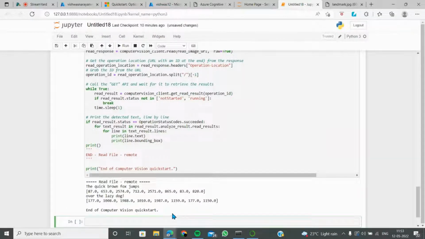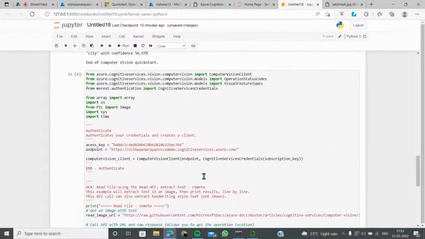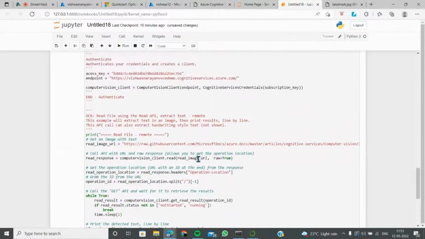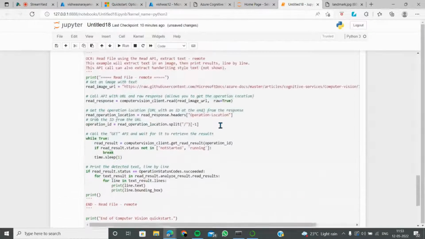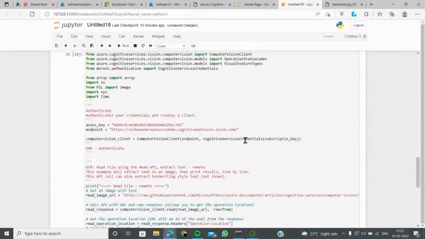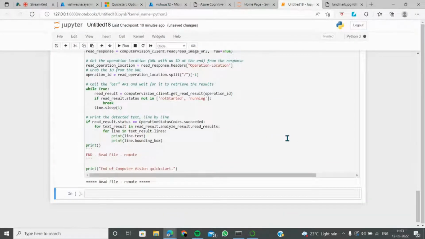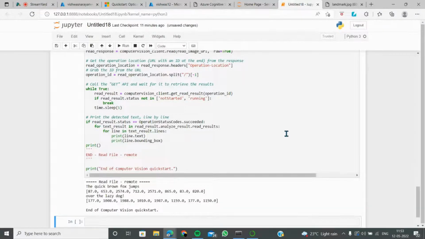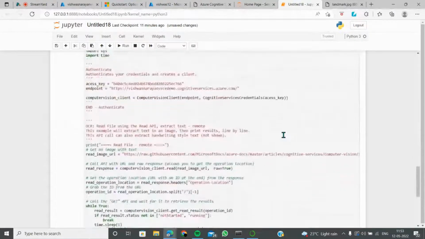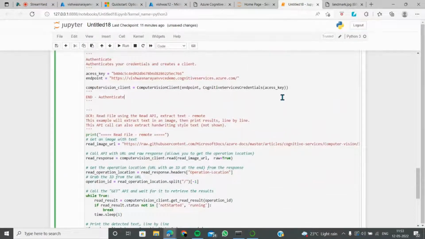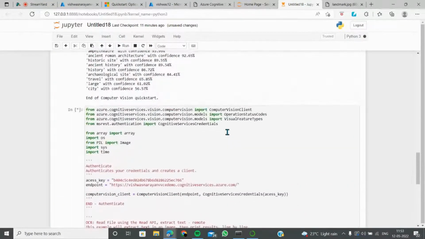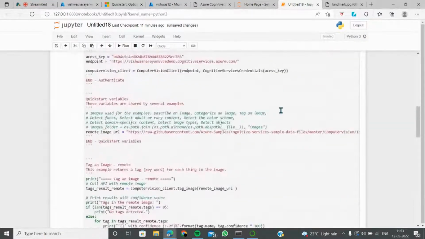Okay. Already there was this one overlay of the lazy dog and things like that. So wait, let me do one more thing. Let me just ruin this entire thing. Okay, so this will not work. Even if I put access key, this will not work. So let me put it as an access key here, and let's see whether it will work. Yes, it works. So that's how it is. I had put it as a subscription key instead of an access key. So we can now see how this entire thing works.